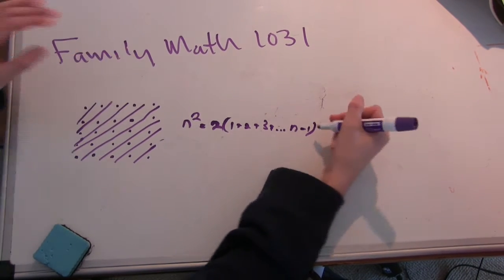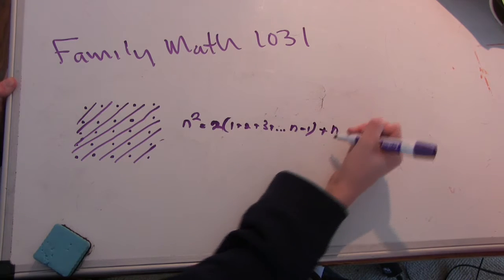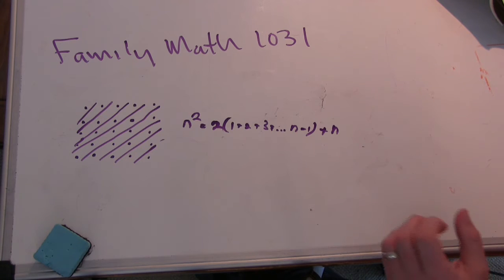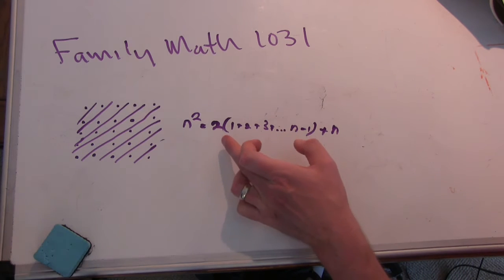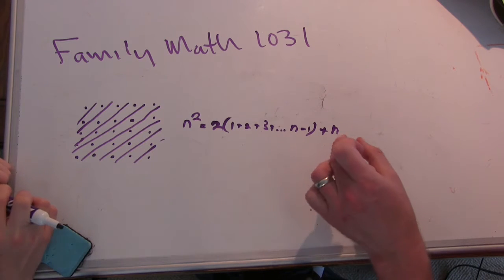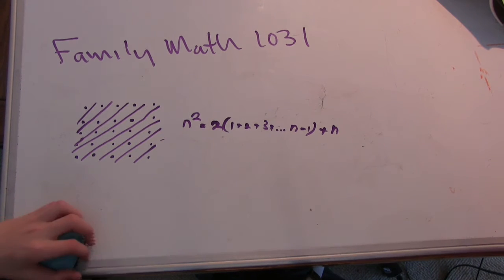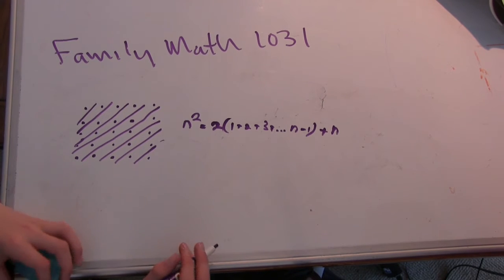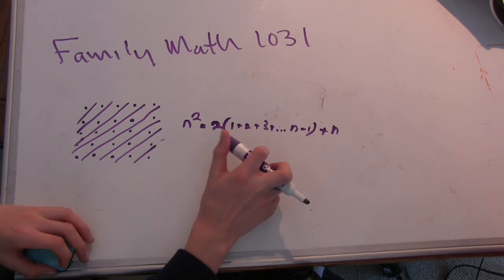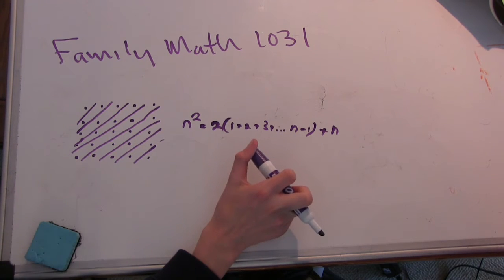So this goes up to 4, and then plus n, which is the section of 5. Okay, neat. So this is an interesting formula. n squared equals twice 1 plus 2 plus 3 up to n minus 1, plus n. Yep. So I think this sum here would equal, well, sum 1 plus 2 plus 3 up to